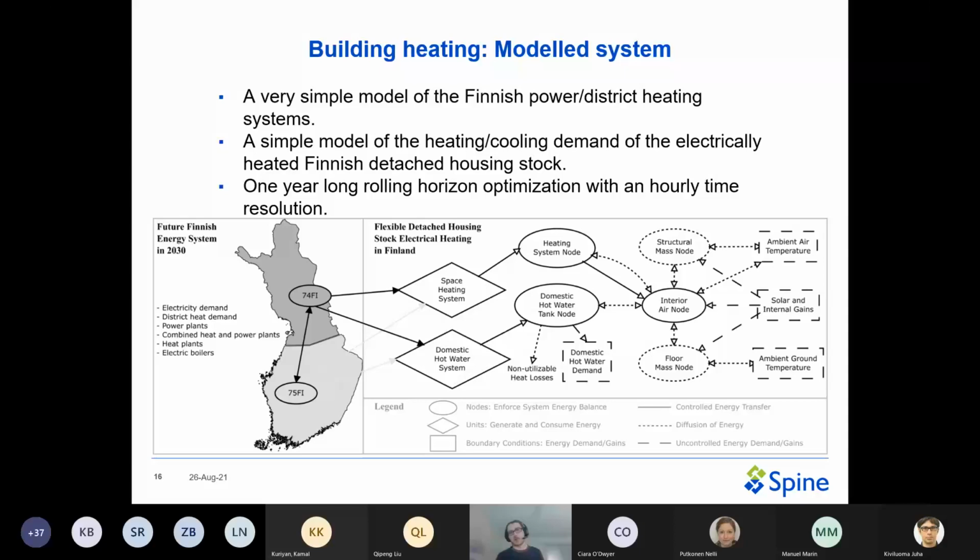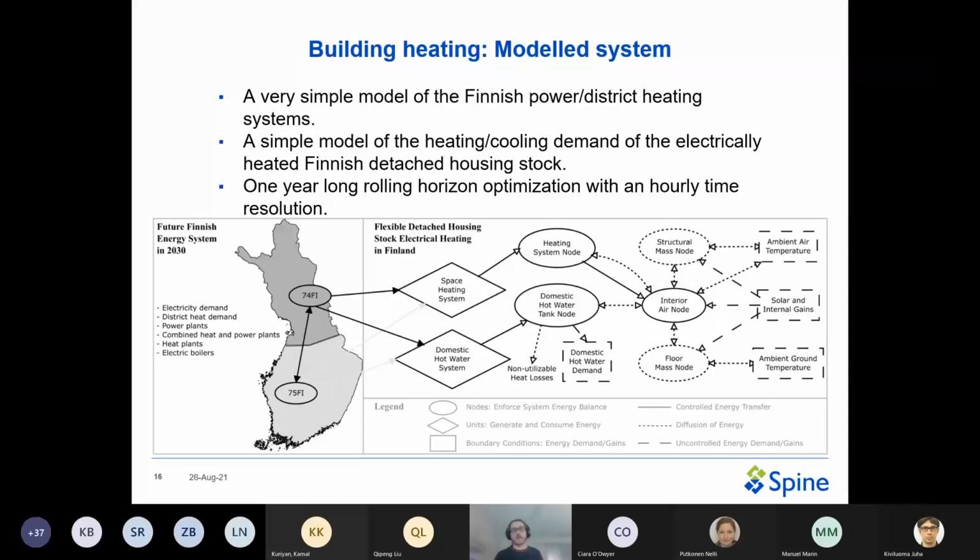And how this model worked is that we basically first calculated the properties of an average electrically heated detached house, both in southern and northern Finland. And then we created a simple so-called lumped capacitance thermal model of that average building. Basically, how these lumped capacitance thermal models work is that you have the building represented by a very limited